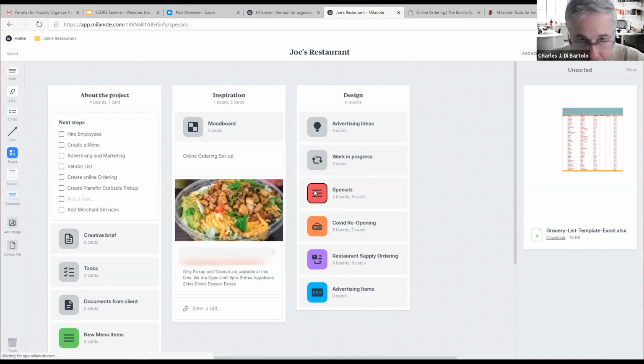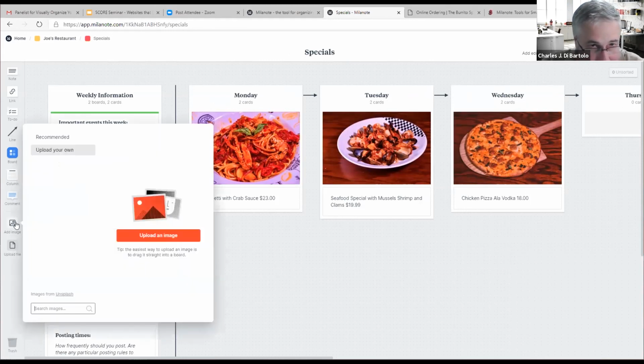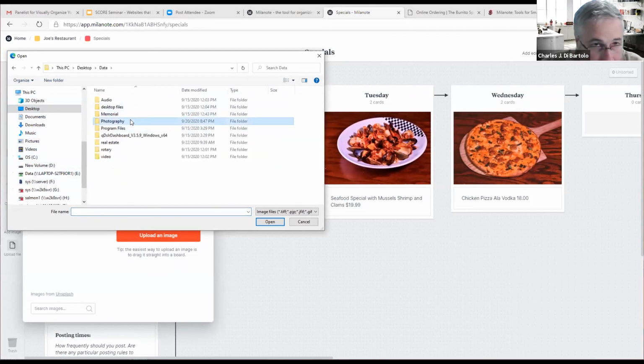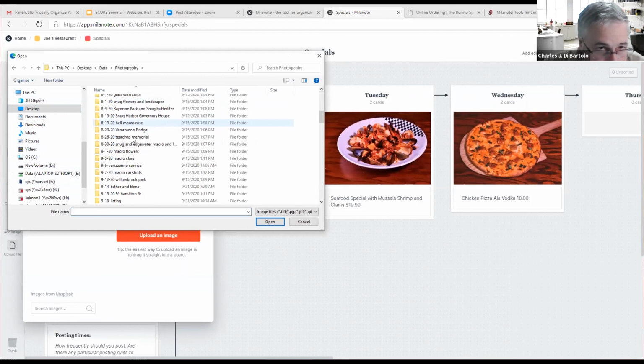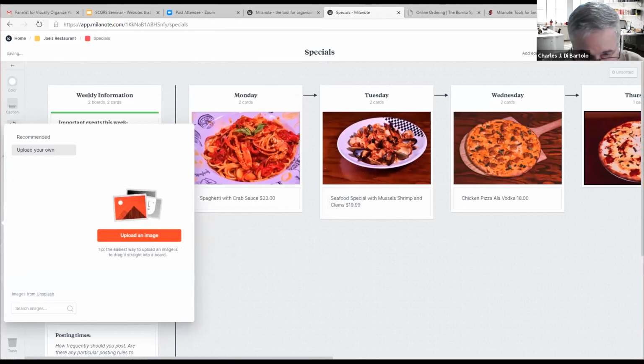Let's take a look. And in here, what you can do is create, let's say, your specials for Monday, Tuesday, and Wednesday, Thursday, Friday, the whole rest of the week. You can add pictures like I did here, and it's as simple as adding an image, uploading the image. Let's say I would go into my photography folder on my desktop. Let's see, here's a restaurant, here's some photos. If I wanted to drag this photo on for Thursdays, I could just take it, put it right into Thursday. I could slide over there